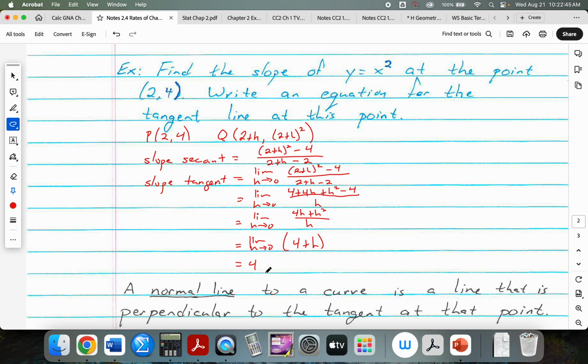So now I've got the slope, I've got a point. We can write the equation in point-slope form. I'm really big on point-slope, partly because when we get further down the line, we're going to actually take the idea of point slope and we're going to expand it to polynomials. Okay? So my tangent line equation